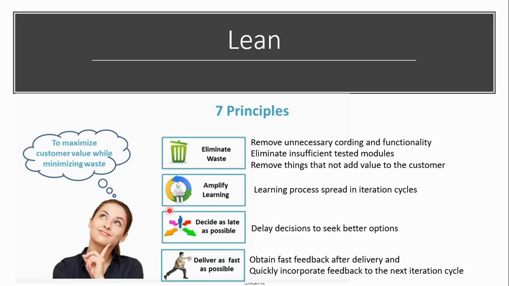So the lean concept came from the just-in-time concept from Toyota and the Japanese guys, where they try to minimize the work in progress. So the 7 principles that they try to practice under the lean concept are the same thing, but with more